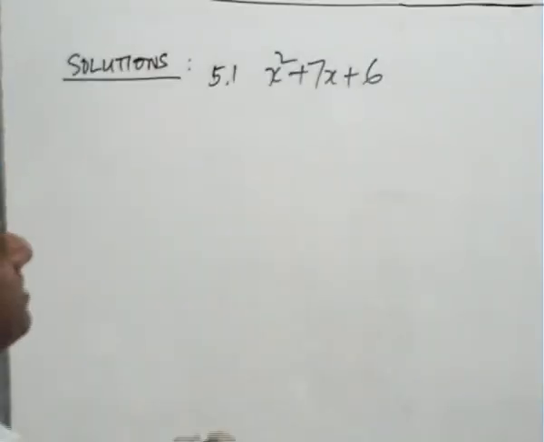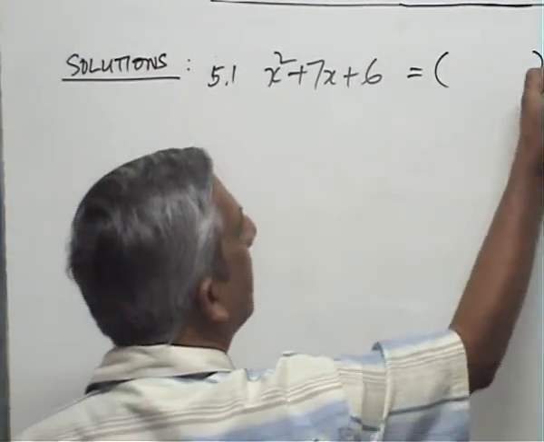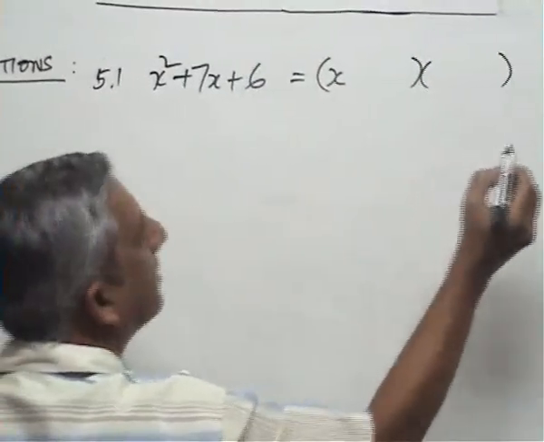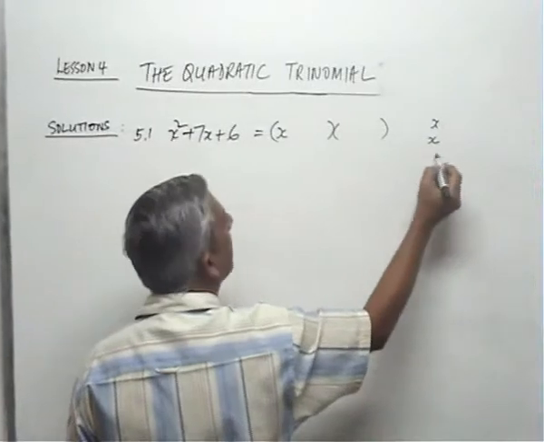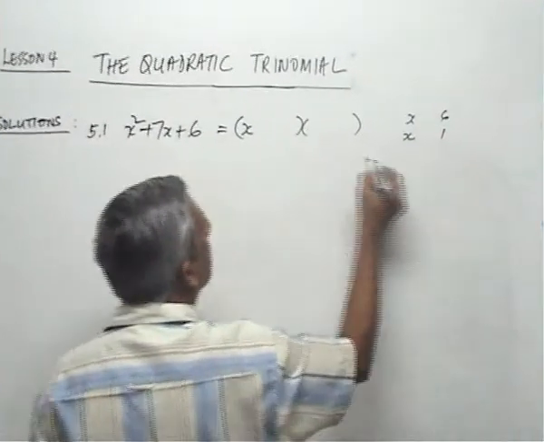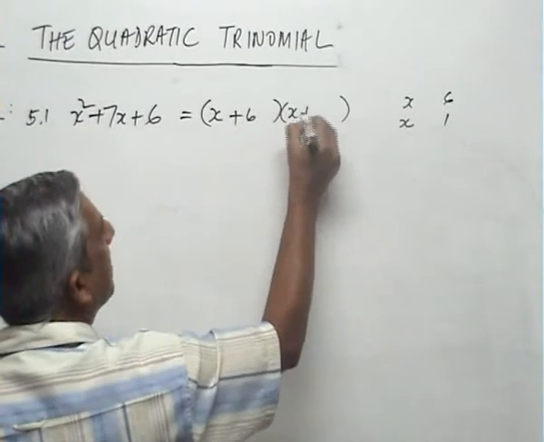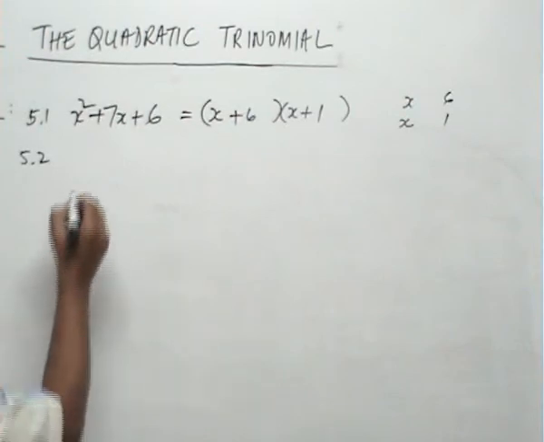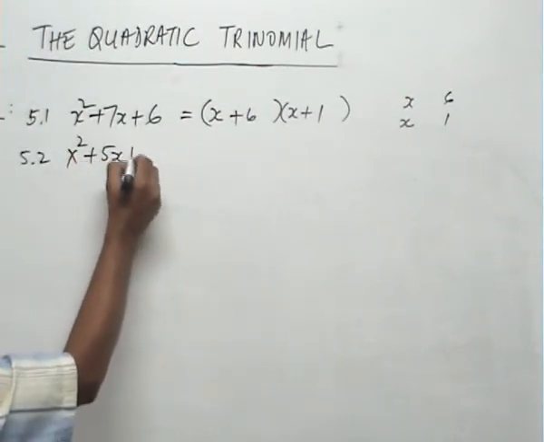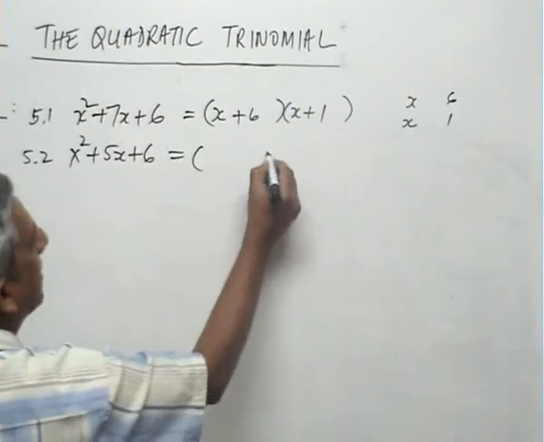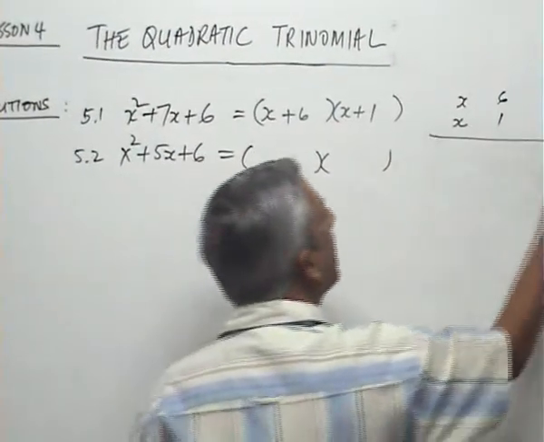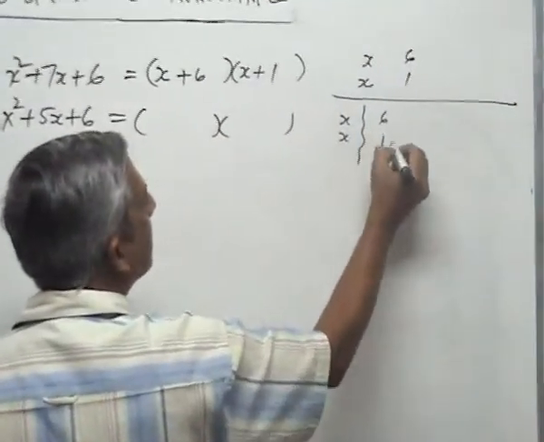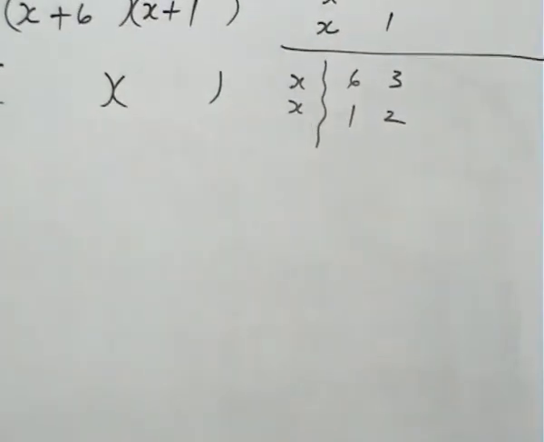Alright, the first one, x squared plus 7x plus 6. Well, you tried whatever you tried, and the actual answer is, you see, you wrote x and x, and then you tried 6 and 1. So it's x plus 6, x plus 1, and when you test that, you get your answer. 5.2, x squared plus 5x plus 6. Right, so I'll do this one in detail. Now, for this one, you tried x and x, and then you said 6 and 1, or 3 and 2, because 6